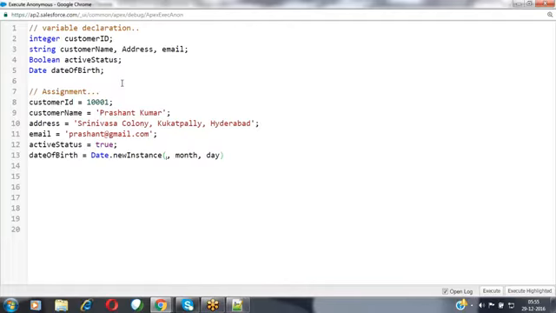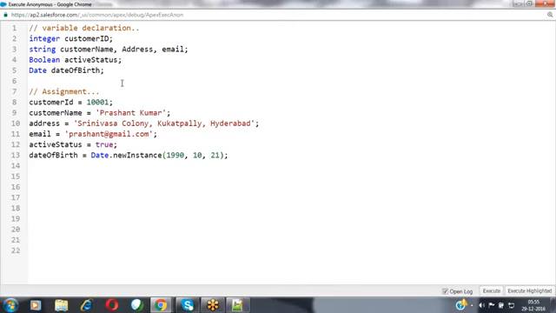Here we have to specify three parameters: year, month, and day. Three values we have to supply. Based on that, it prepares the date value. I'm passing the value 1990, the month value 10, and the day value 21. I have assigned that value.